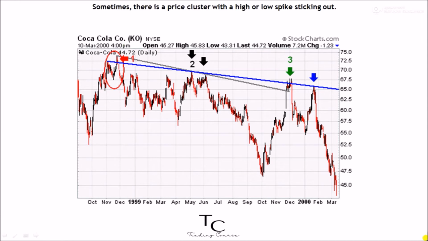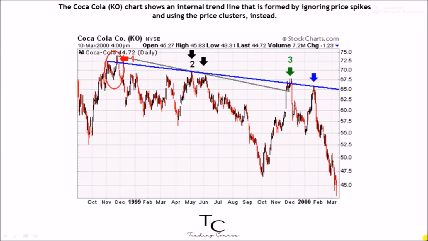Sometimes there is a price cluster with a high or low spike sticking out. A price cluster is an area where prices are grouped within a tight range over a period of time. The price cluster can be used to draw the trend line, and the spike can be ignored. The Coca-Cola (CO) chart shows an internal trend line that is formed by ignoring price spikes and using the price